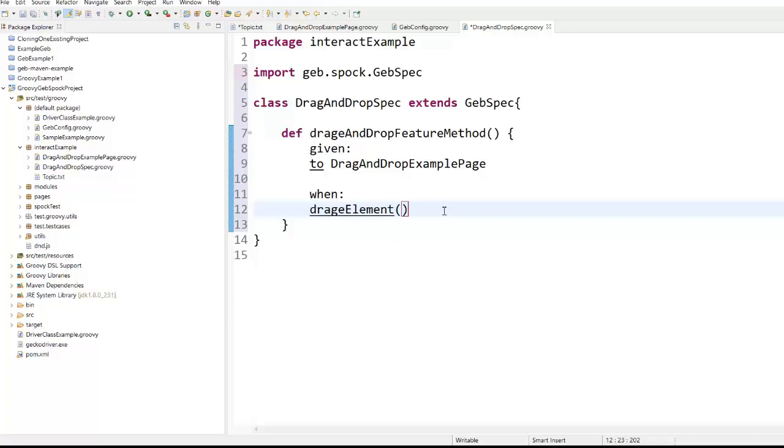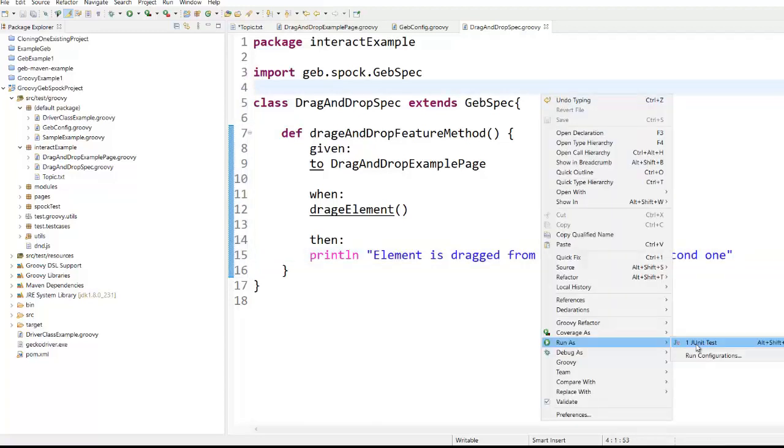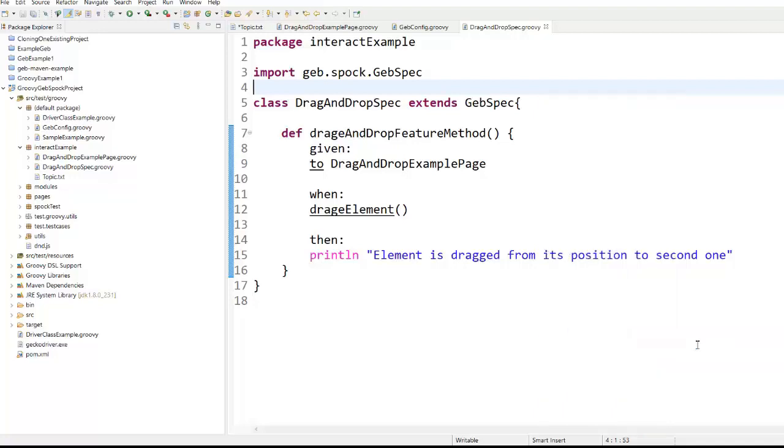When we are performing this method, for the time being I'm just giving one println statement, since we don't have to validate anything on this. So for the time being I'm adding println dragged element is dragged from its position to second one. Let's save it and let's execute it. Just right click, run as, and JUnit test.